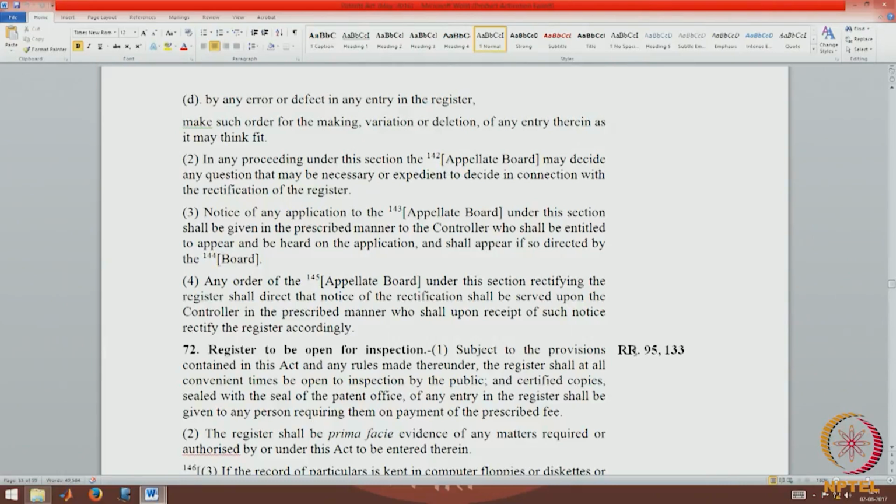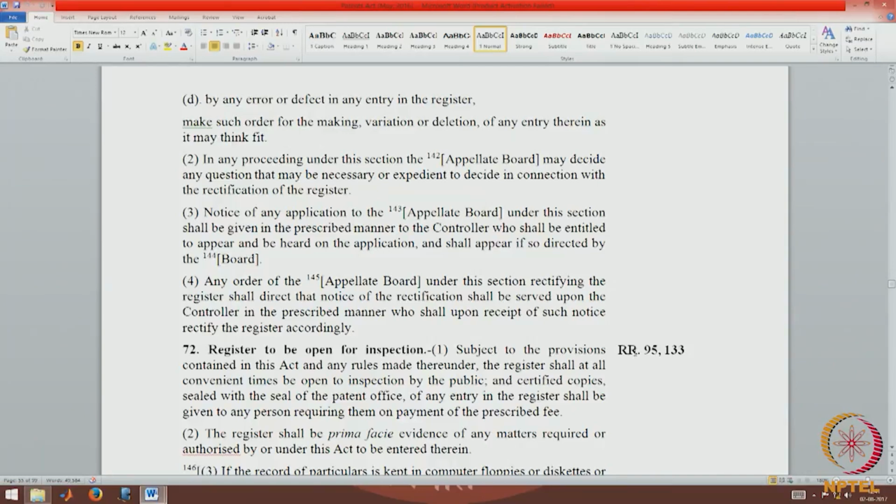The controller will say, go to the court, settle the issue and come back, I will carry out the change. But the Intellectual Property Appellate Board has the power to look into it, which power is not vested with the controller. 3. Notice of any application to the appellate board under this section shall be given in the prescribed manner to the controller, who shall be entitled to appear and be heard on an application and shall appear if so